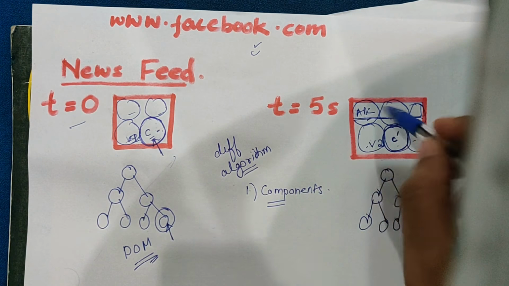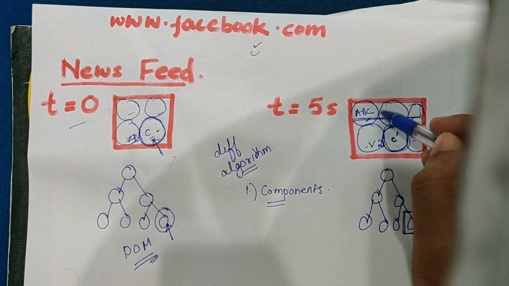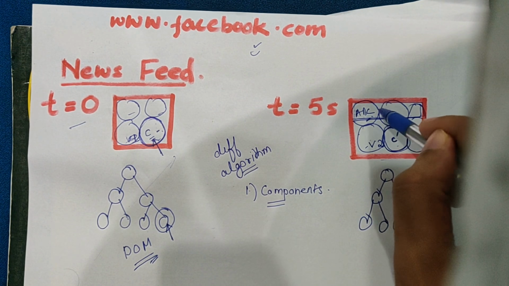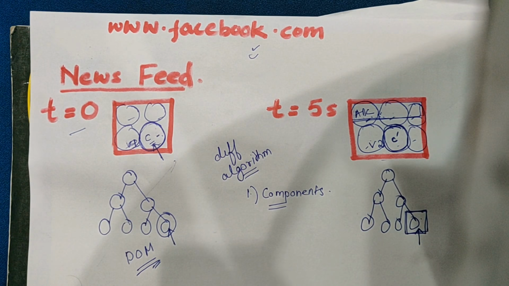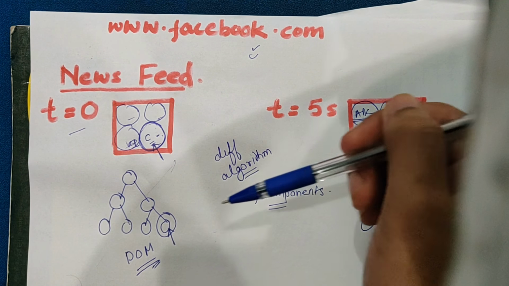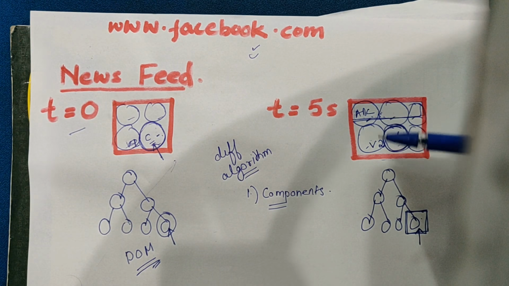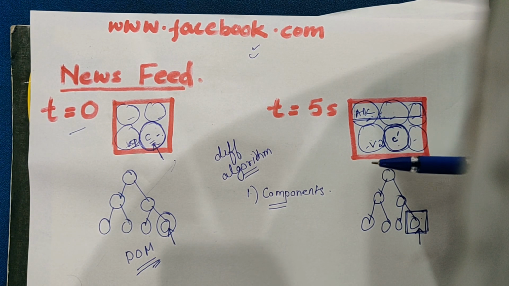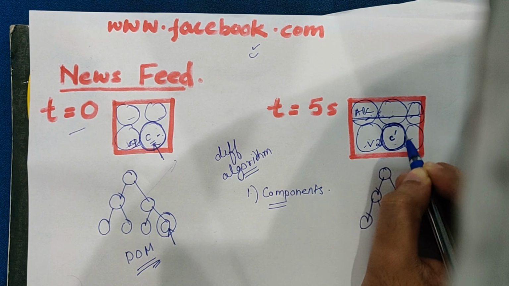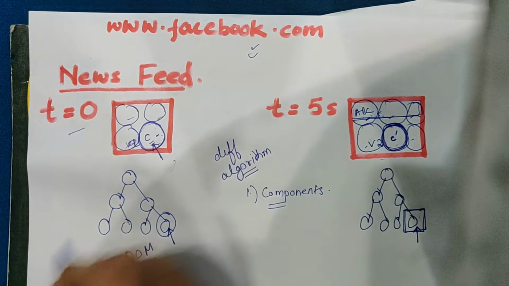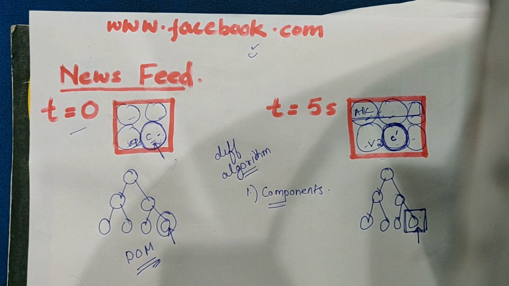This particular post needs to be reflected only in my news feed, not in my chat section, not in my games or ad section. So what Facebook does, what React does, is that it just updates this particular component, meaning the newsfeed component,